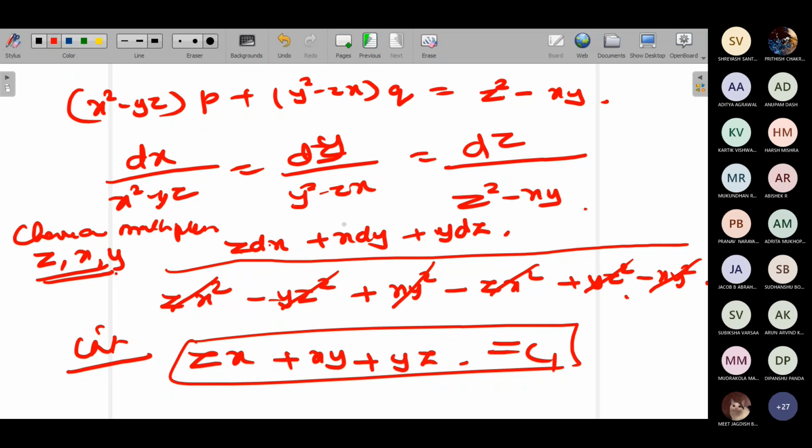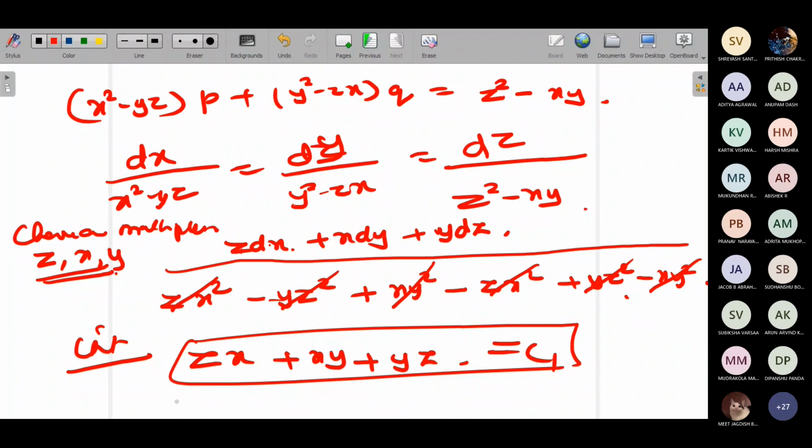For this method, let me tell you, one minute, wait. Actually, keeping Z as constant and integrating with dX is meaningless. You cannot do it like that, because Z is also a variable, a function of X and Y. X is there and Y is there. But ultimately your answer is this. So you have to write it in a standard form first, then only you will be able to do it.